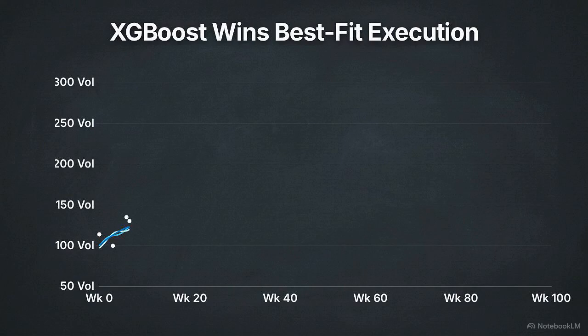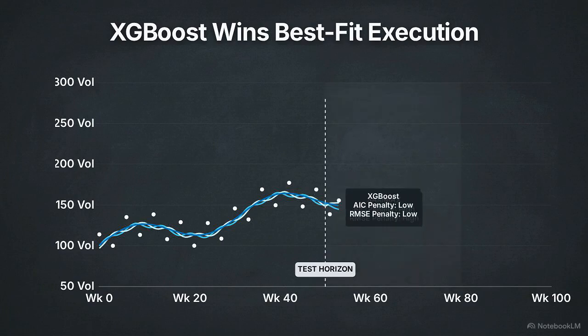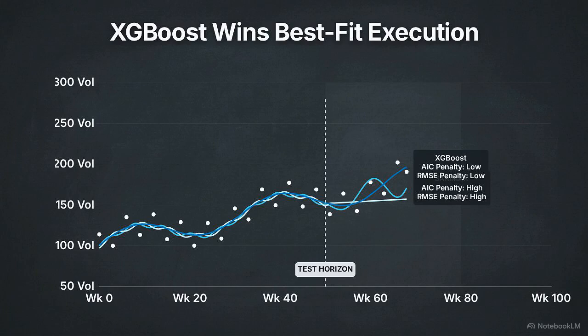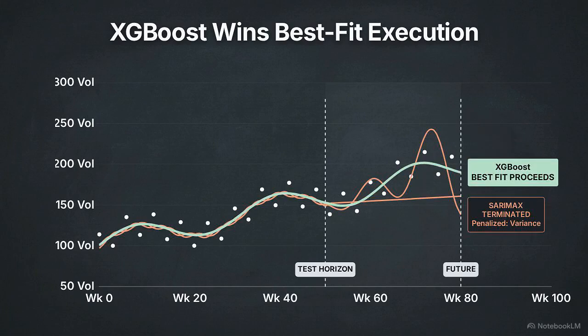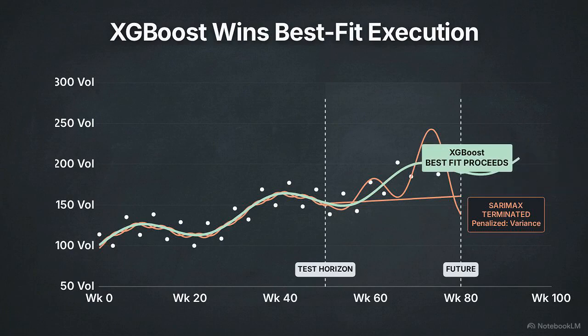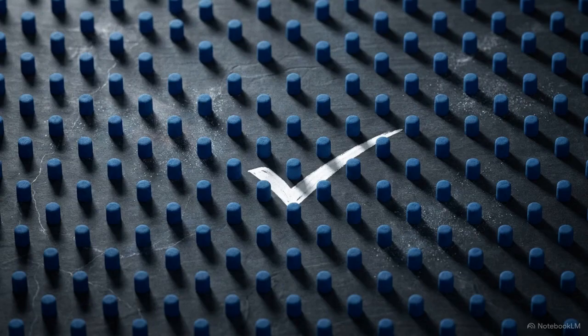The engine scores every model against a test horizon, comparing predictions against actual outcomes using strict penalties. It calculates the Akaike information criterion to penalize over-parameterization and root mean square error to tax variance. Failing algorithms are terminated. The lowest penalty proceeds. By automating the mathematical selection, the system removes human bias from the baseline and scales to manage millions of individual